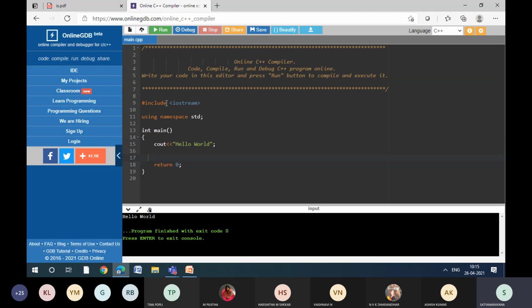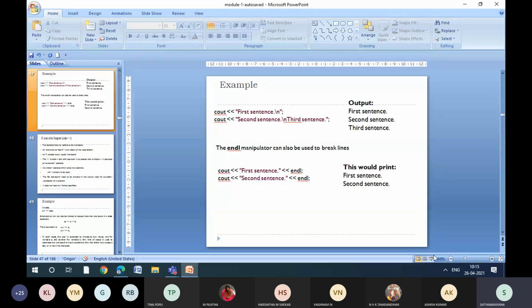Same as header files in C programming, followed by the main function, followed by your statements. At the last, it is up to us whether we need to write it or not, depending on the program. So this is what cout is all about.